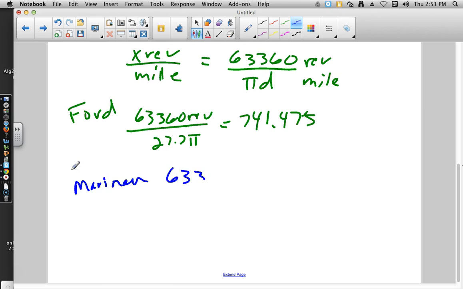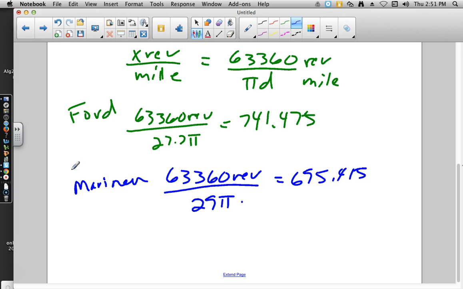So 63,360 revolutions over, that one was 29 pi. And this would give us, since this is all in miles, 695.415. And what they wanted us to do was compare. So that means we're going to subtract. So we have the